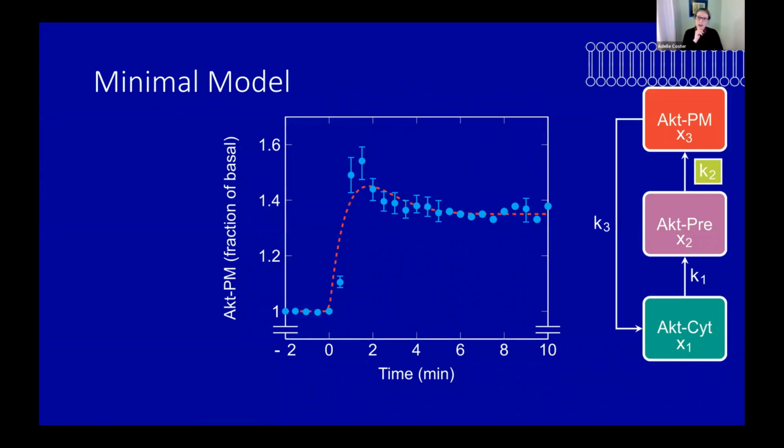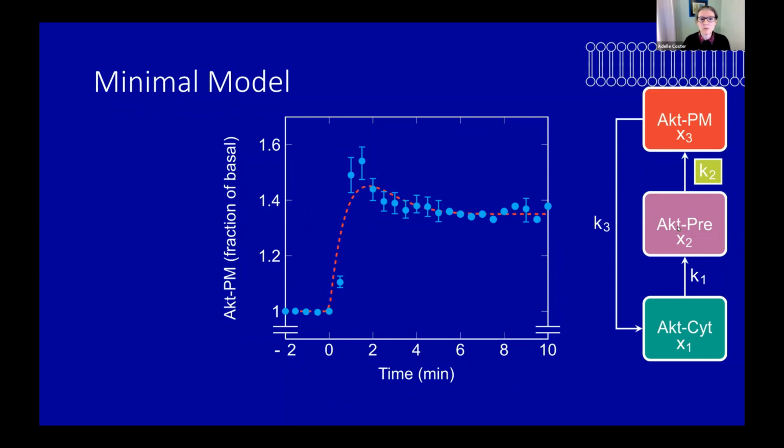So our minimal model, and this is the work of Kathy Gray, who has just completed her PhD in the last year, and myself. So we looked at this and we thought, well, it's actually got to have at least 3 compartments. If we think about it as stages, right? We've got the AKT at the plasma membrane, right at the underside. That's what we're observing, okay? And of course, there's stuff on the inside, right on the inside, and the stuff that's just before it. Well, why?